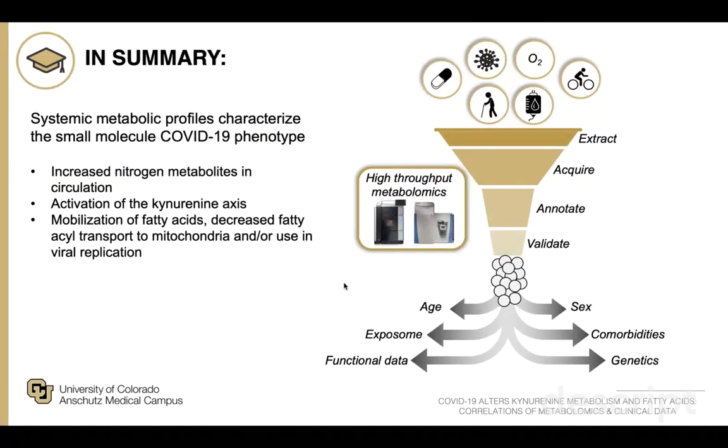And so in summary, we show that systemic metabolic profiles characterize the small molecule phenotype of COVID-19. We see a lot of changes to nitrogen metabolites in circulation. We see activation of the kynurenine axis, and we see what I am generalizing as mobilization of fatty acids. So depending on the exact context of fatty acids, they can be decreasing or increasing depending what we're comparing them to. But we see changes in fatty acids that can tell us a lot about lipid metabolism. It tells us about how the virus is using the host cells to replicate and how that process is causing changes